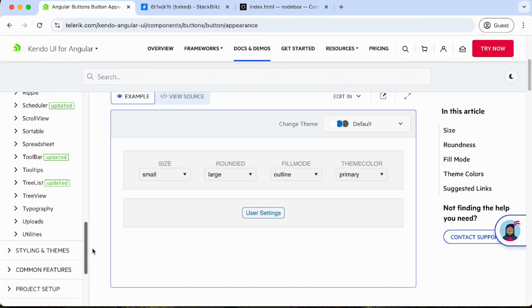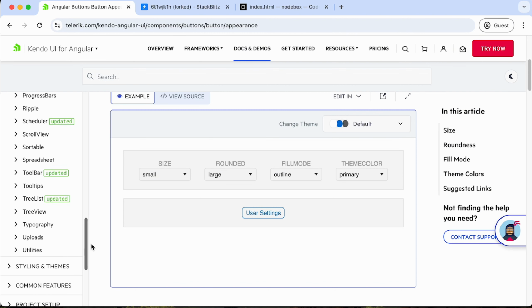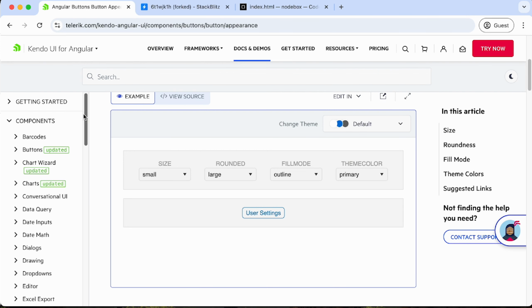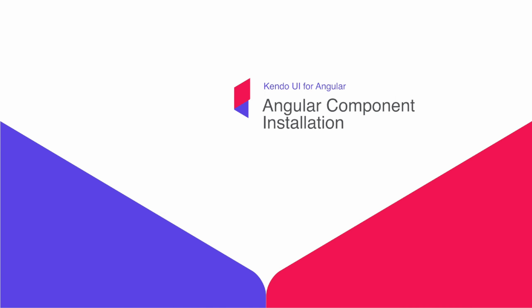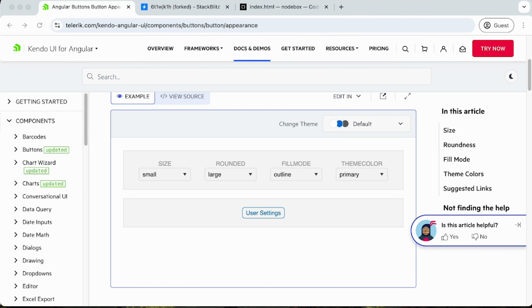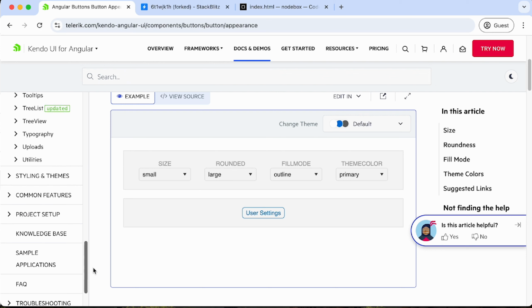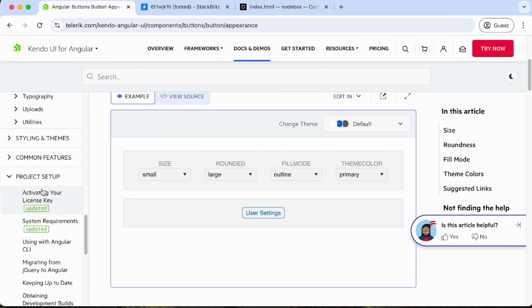In this course, we're going to be using just a few of these to make our application really shine, but the workflow that we're going to be using is going to be essentially the same for any of the components that you decide to use in your own applications. For any of the Kendo Angular components, there are several ways to install them. If you head back out to Components and then go down here to Project Setup, tap on Using with Angular